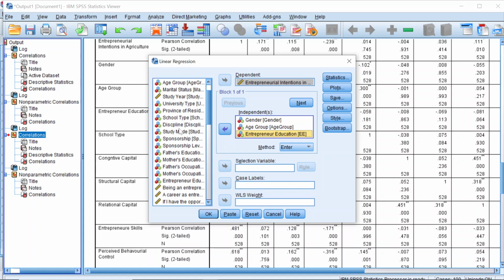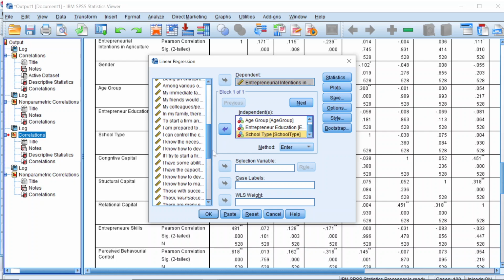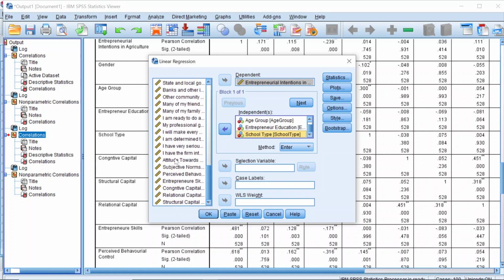Education, type of school. Okay, so this is what we call linear regression, simple multiple linear regression. I'll do both hierarchical so that you see the difference in tables. So if I remember, cognitive was the smallest, but